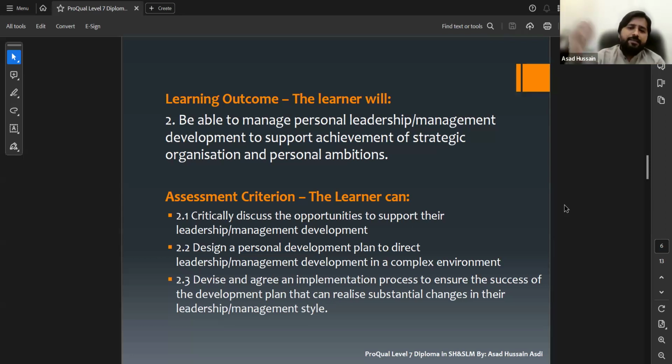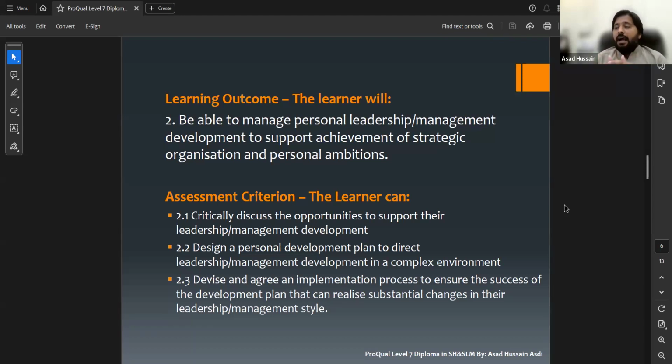But here, as we are discussing strategic management, the assessment criteria is asking that the candidate should design a personal development plan, which shows that his management skills and leadership skills will develop in a complex environment.